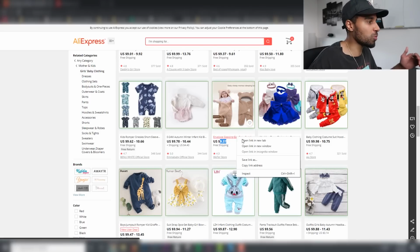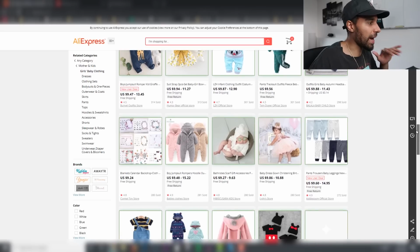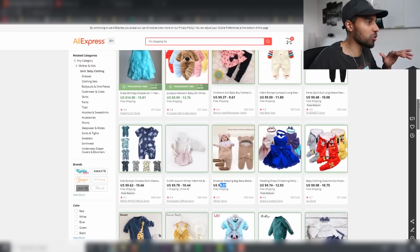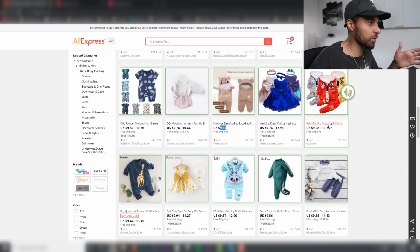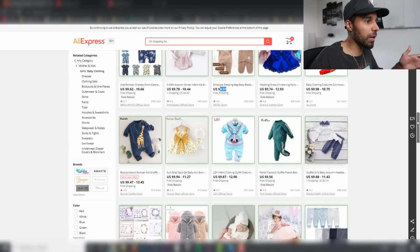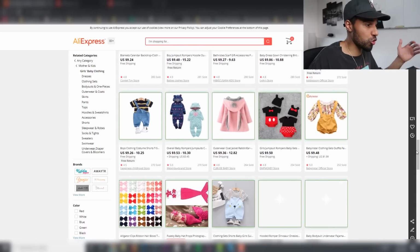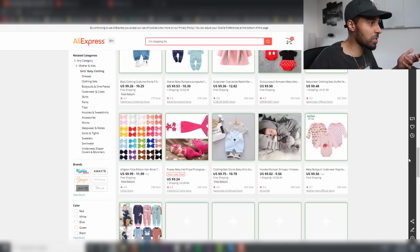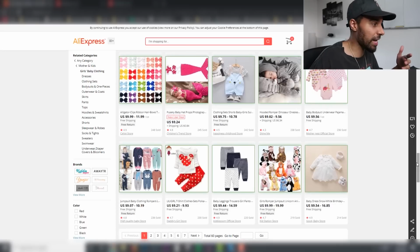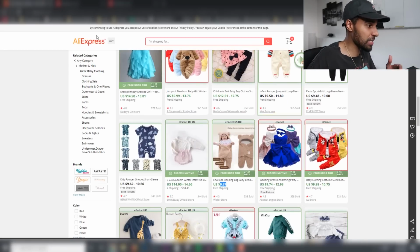Now, in terms of the actual advert for these, most of the time, and this is just specific for this type of product, we'll be using picture adverts. Picture adverts can convert just as well as video ads. Most of the time I like to use video ads, but for stuff which is cool, quirky, and unique, like this,